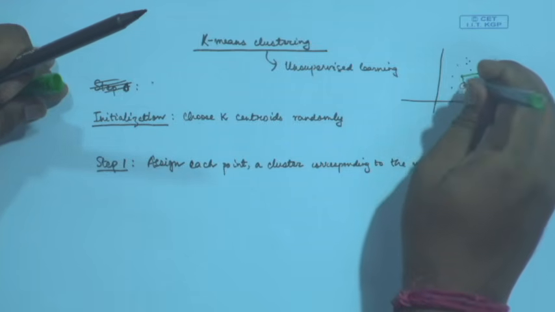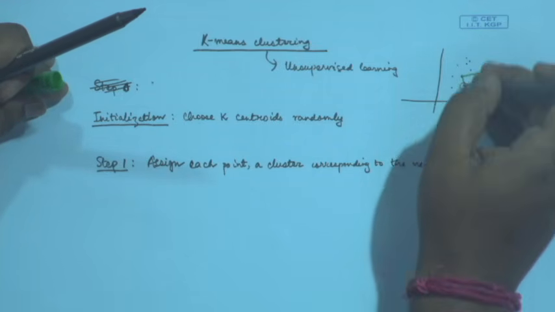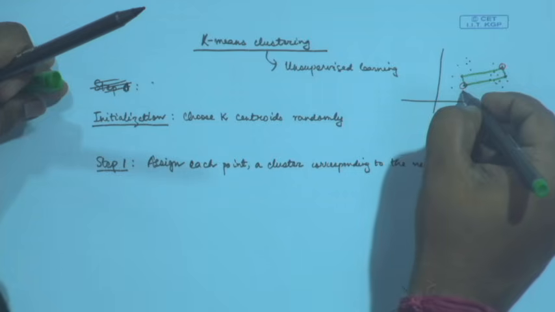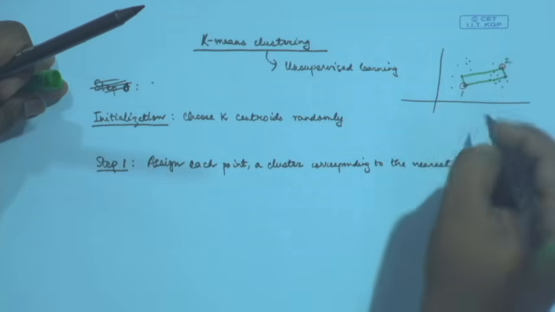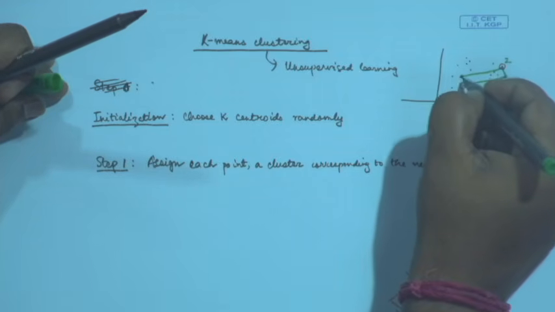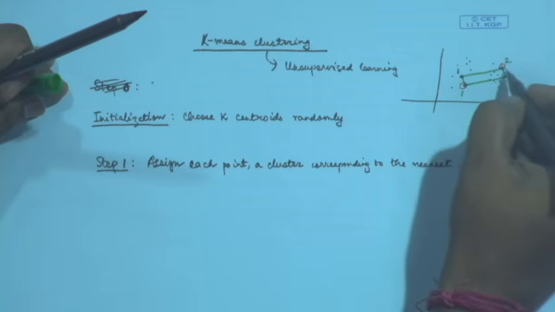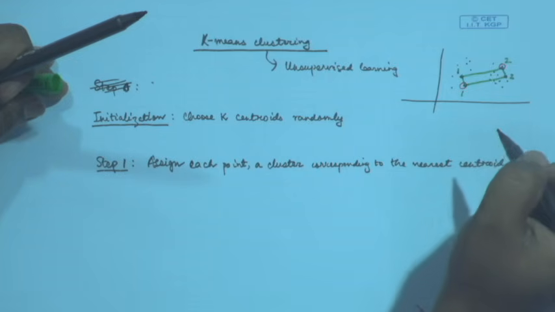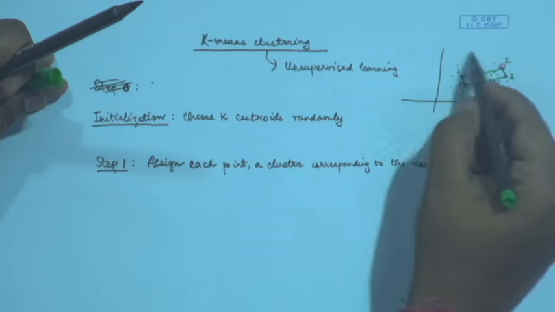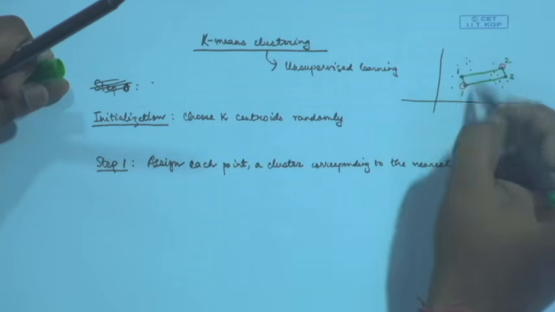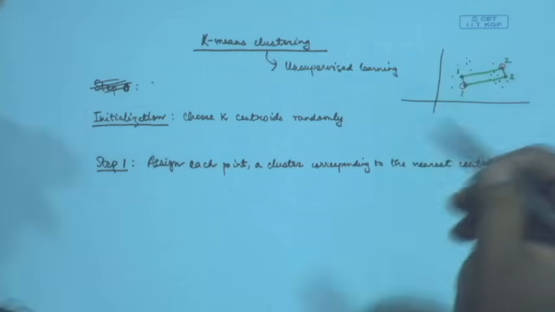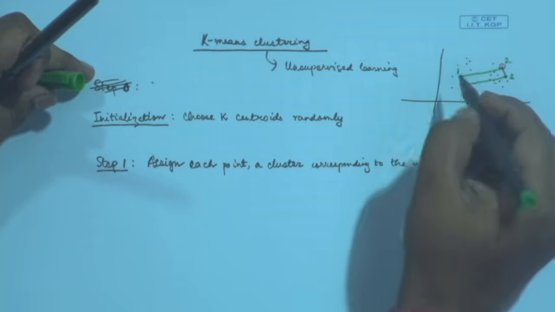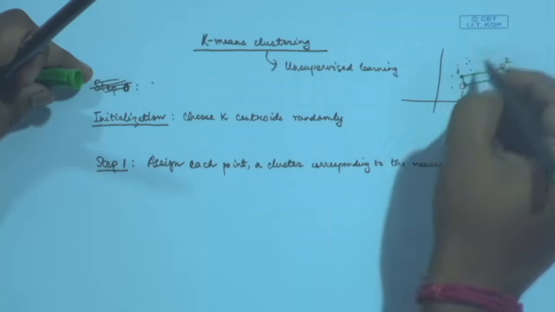And you assign each point a cluster corresponding to the nearest centroid. This means that say this is centroid number 1, this is centroid number 2. So this particular point is assigned centroid number 1, and this particular point is assigned centroid number 2, because centroid number 2 is closer, right. And this way you assign the nearest centroid to every point in the data set, and thus at the end of this step you have